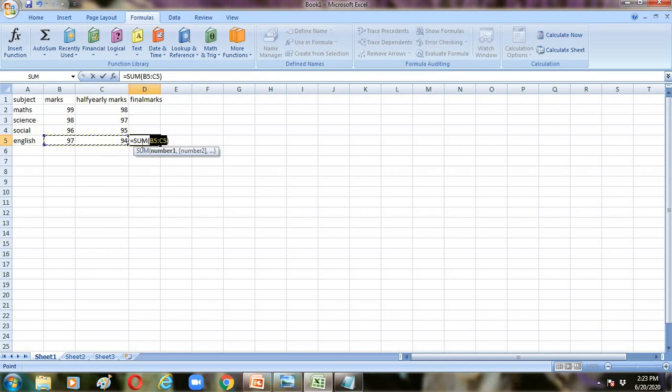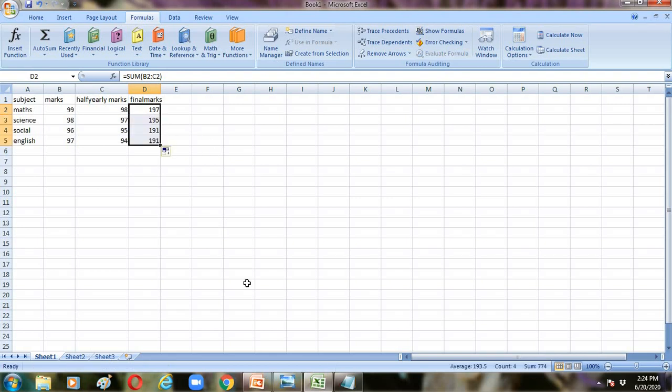See here, my control is here, that's the reason it is selecting this. I'm placing my cursor here. Now I am clicking AutoSum. After this, just press enter. You will get the marks. Now just click and drag it down. You will get all the total marks.